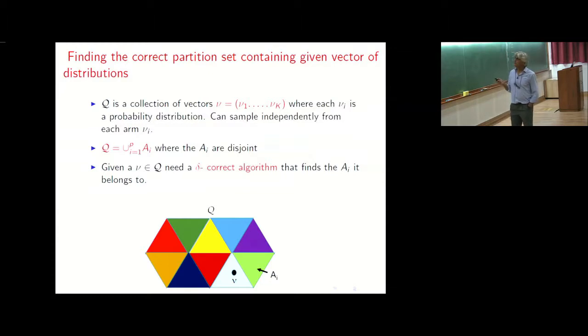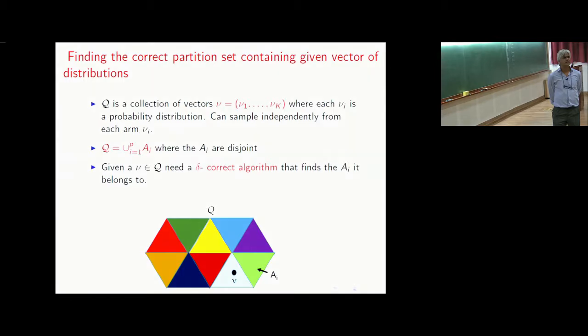So our aim is basically we'll sample from these arms, these probability distributions, and quickly we need to decide which partition this vector belongs to. And we want to control the probability of error to less than or equal to delta. Explicit delta is given to us, and we want to explicitly control it with that probability. And with that constraint, we want to do these things as soon as possible, with as few samples as possible. This comes from the motivation for